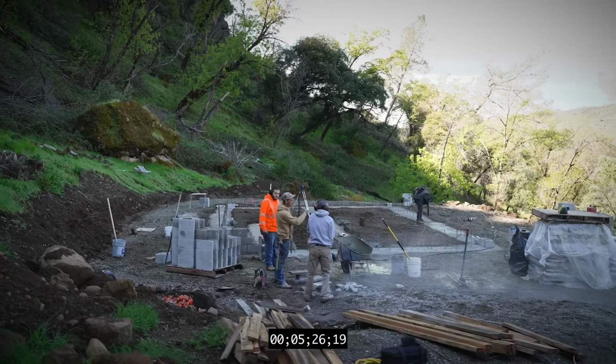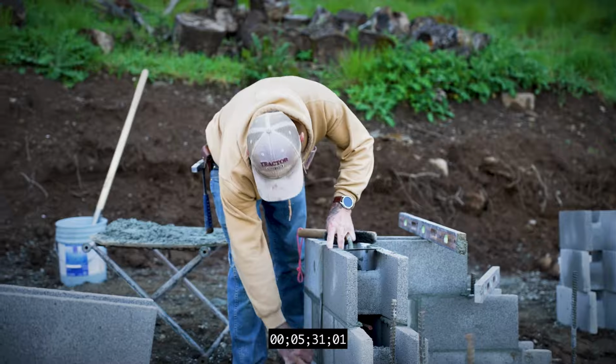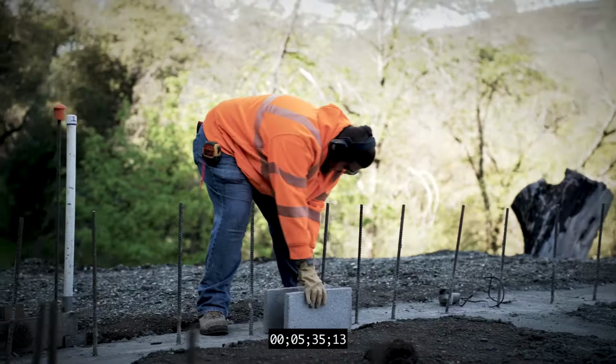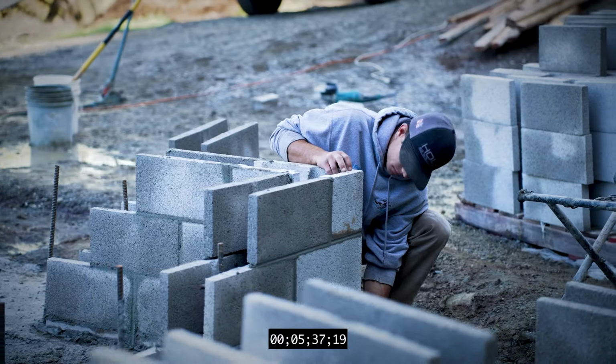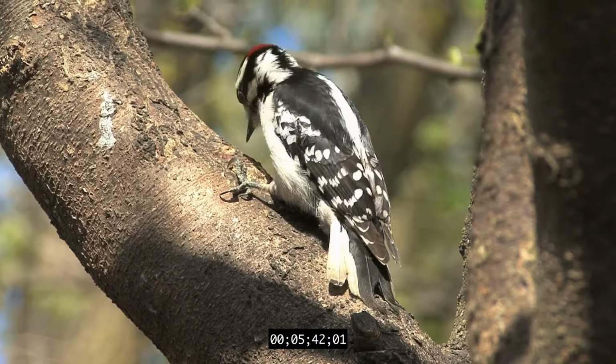What you are seeing here today are the first bricks where the house is actually going up. And that's really interesting, and I guess the word exciting is right. Everything has been so abstract, but right now the bricks are going up and the acorn woodpeckers are singing their song. Listen,